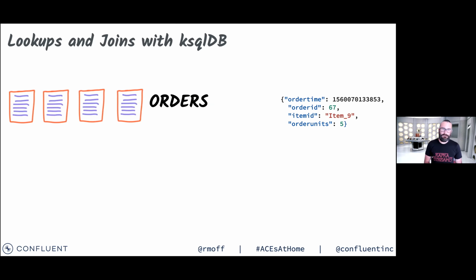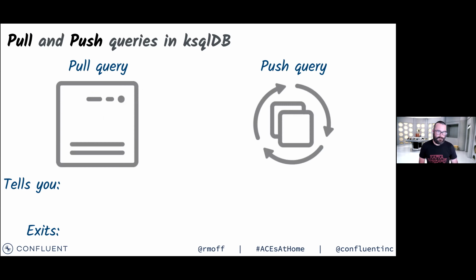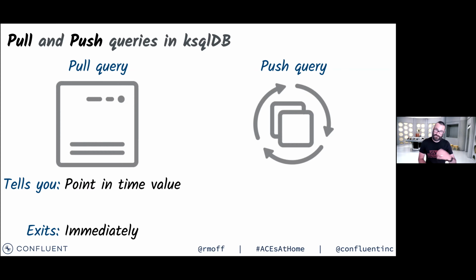You can do key lookups, you can do joins within ksqlDB. We saw that as well. I'm going to skip right ahead to this. This was the difference between the two different queries that I ran when I was doing the key value lookups. You can do a pull query, which is where you do a key value lookup and it returns control, and it tells you exactly what the value is now and it returns immediately.